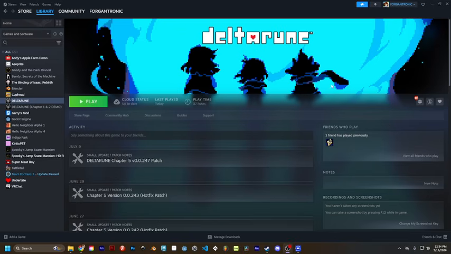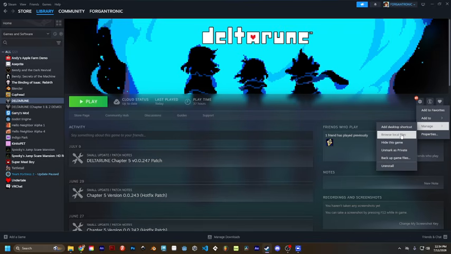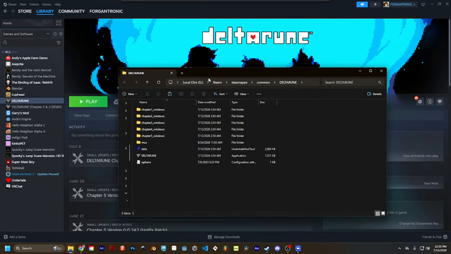Alright, so here's how to add borders to Deltarune on PC if you're not a big fan of the 4:3 aspect ratio. So first thing we're going to do is go into Manage and hit Browse Local Files. Before we do anything, you want to go into here and back up